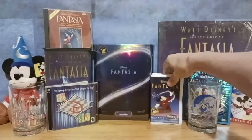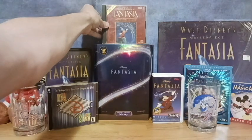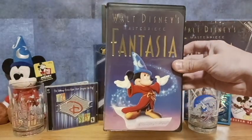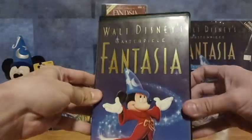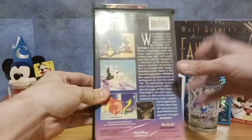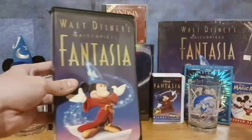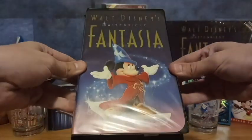I miss Blockbuster. And speaking of VHSs, let me move these guys off of here really quick. And introducing the Walt Disney masterpiece, VHS of Fantasia. When I was a kid, I thought this was the most gorgeous VHS cover of all the Disney films at the time. This was before the whole Masterpiece editions came out, with that purple logo and whatnot. But I just thought this was a really beautiful